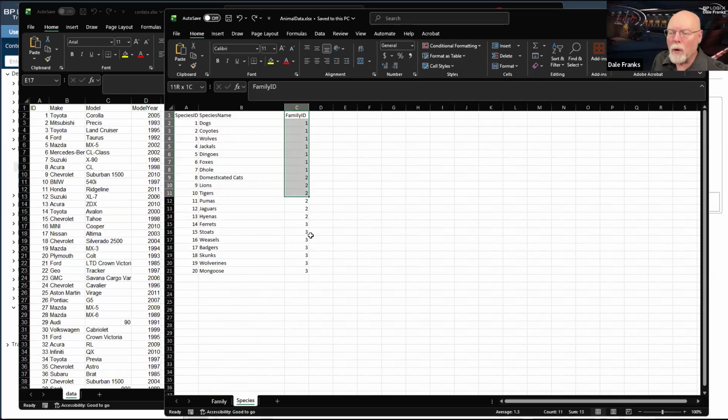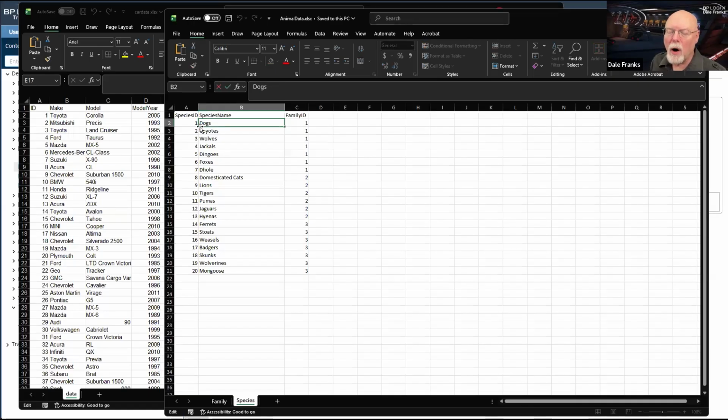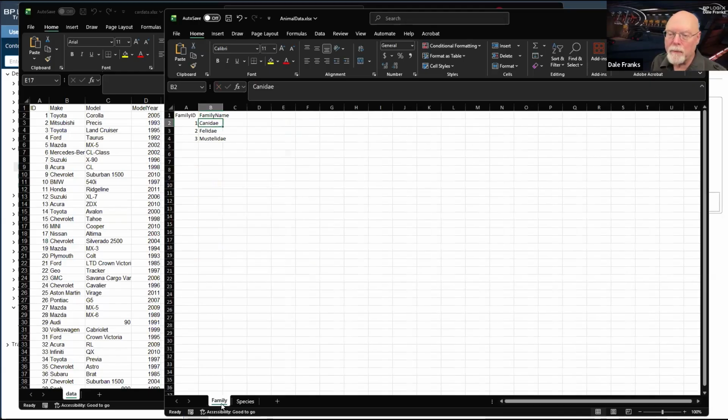Now, this is what we call a foreign key, which means this record right here, I want to relate to a record in another table. So I want to link this record to record one, the family ID, and record one is Canidae.